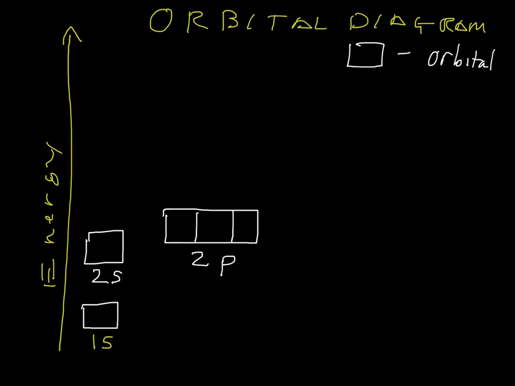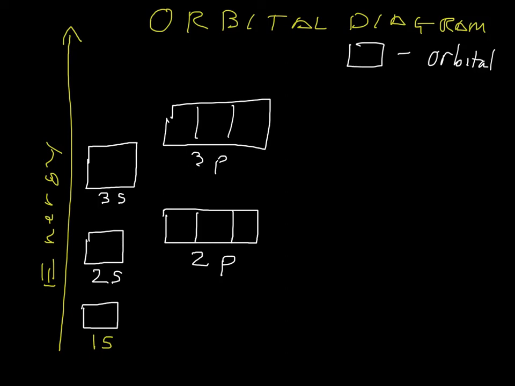Then we climb in our energy. The next energy level we come to is the third energy level, and it has a S subshell, it has a P subshell, with 3 orbitals, and then with even higher energy here,